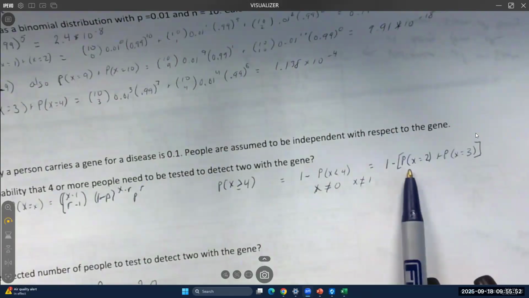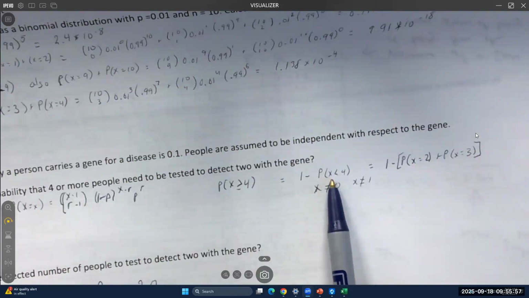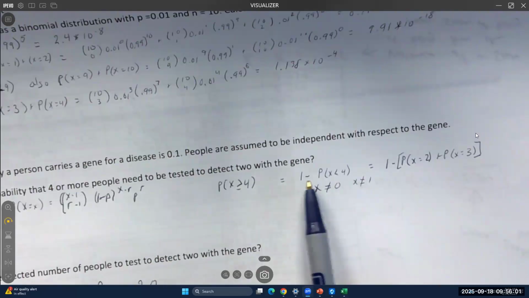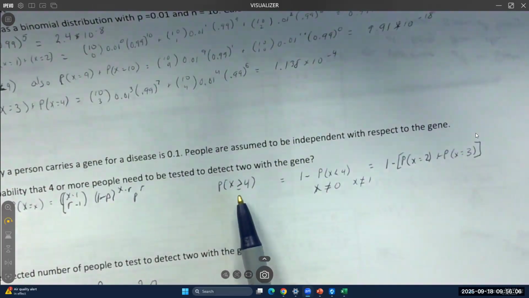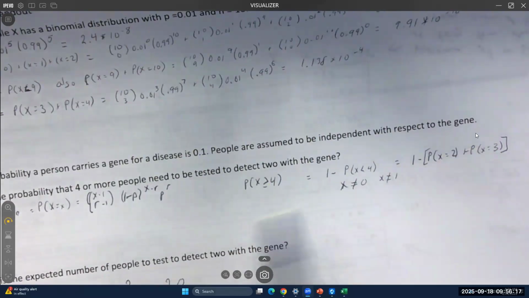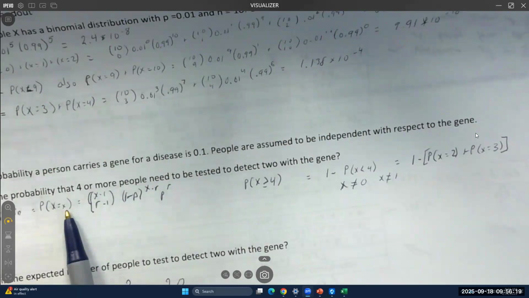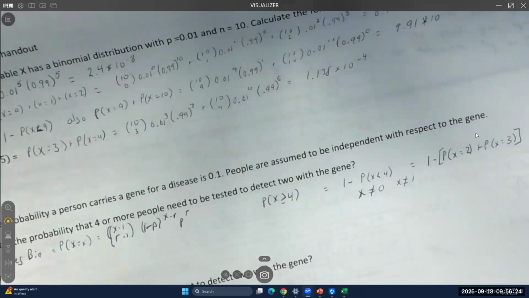So this X equals 2 and X equals 3 is really what this X is less than 4 once I take out the impossible sample spaces there, right? So 1 minus this is equal to this unbounded upper limit. Does that make sense? So now I know that I'm really looking for 1 minus X equals 2 and X equals 3, and I have my formula for finding X equals 2 and X equals 3. So now I can just put those in this. So now I have